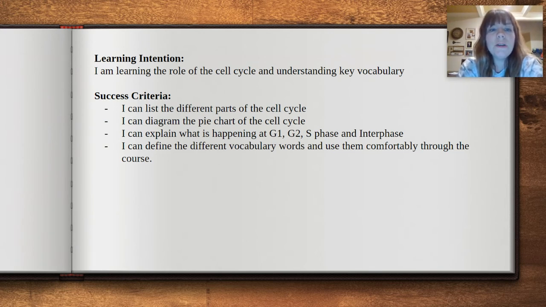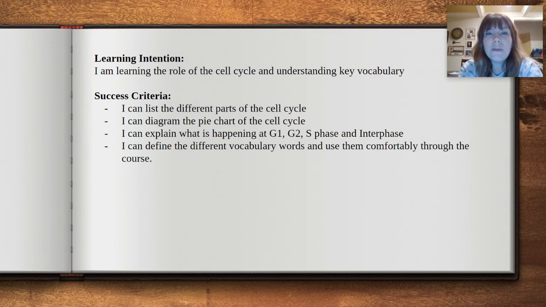The point of today, so how do you know you've actually accomplished what you need to accomplish, is being able to tell me the different parts of the cell cycle, such as G1, G2, S phase, and interphase. There's going to be a pie chart at the end. I call it a pie chart, but it's kind of more of a diagram that you should be able to draw for me, as well as